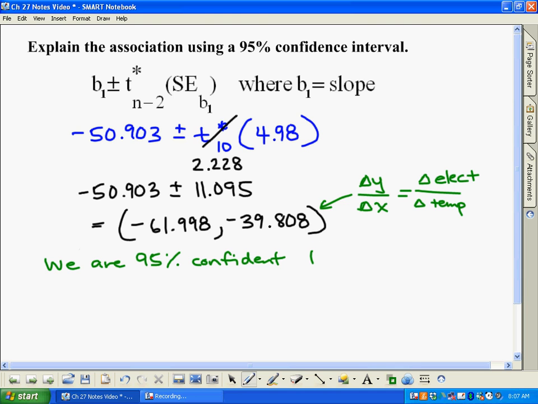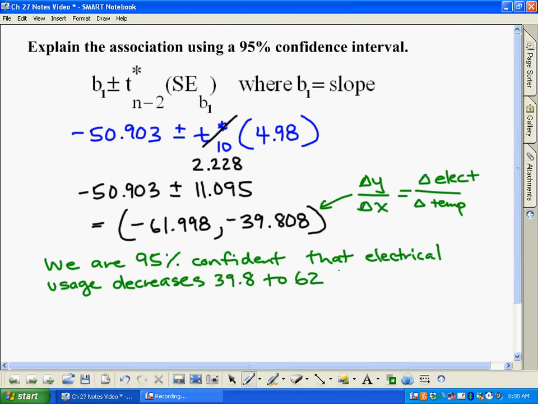So we're 95% confident that electrical usage decreases, because we have negative numbers up there, by 39.8, rounding to the nearest tenth, to 62 kilowatt hours per